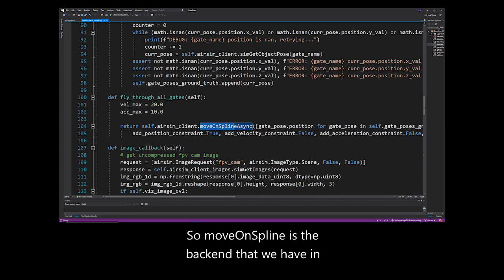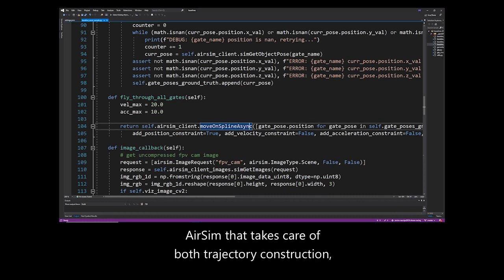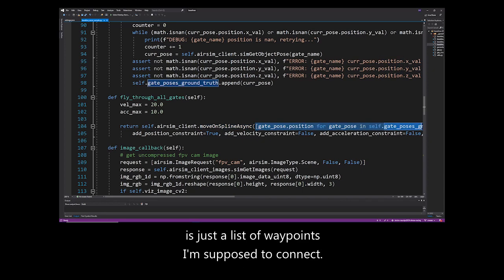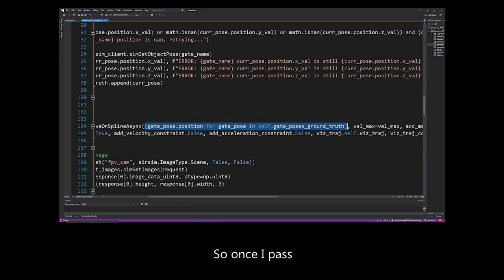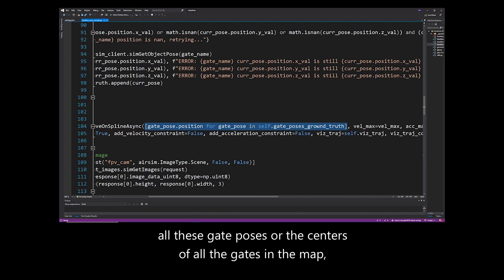So moveOnSpline is the backend that we have in AirSim that takes care of both trajectory construction, that's path planning, and also trajectory tracking, which is control. The main argument for this function is just a list of waypoints that it's supposed to connect. So once I pass all these gate poses, or the centers of all the gates in the map,